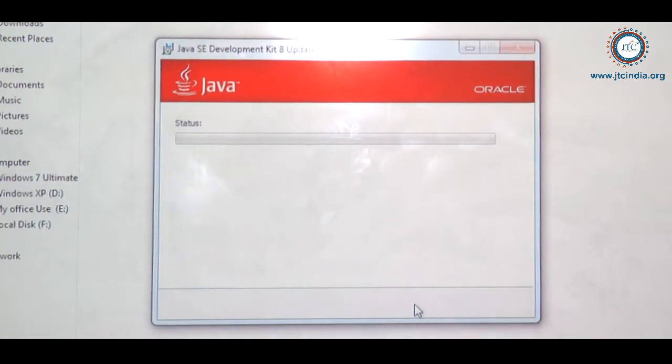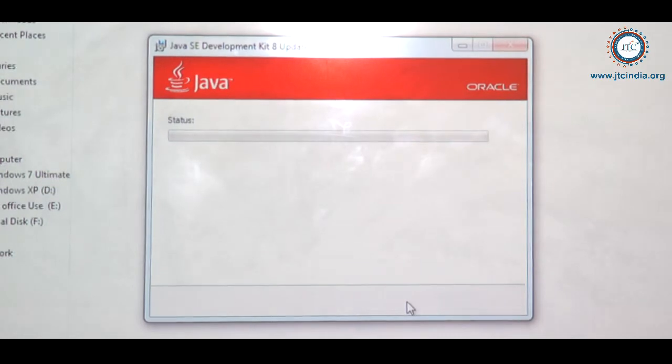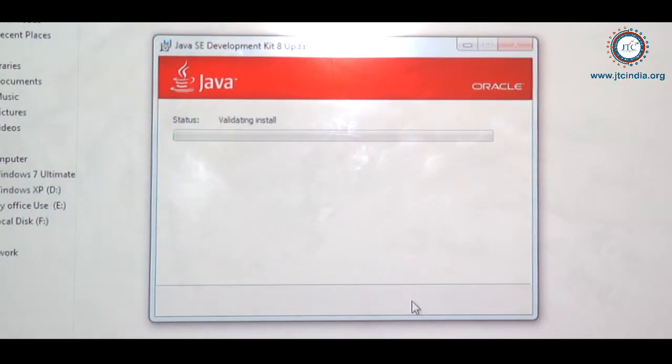Now installation of this JDK may take a few minutes, so by that time you need to wait. So we'll see how the installation is going on.